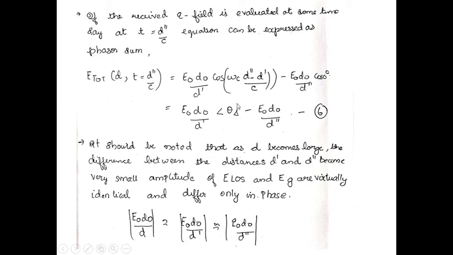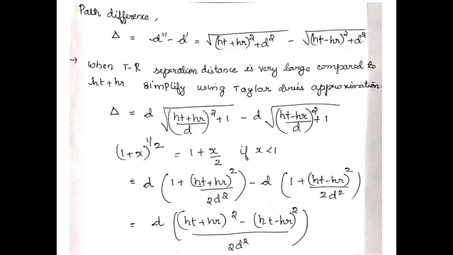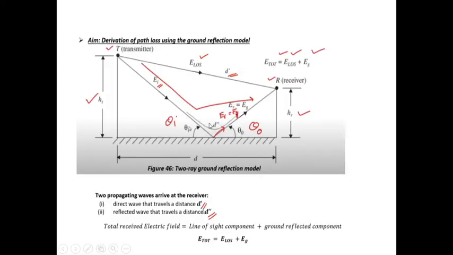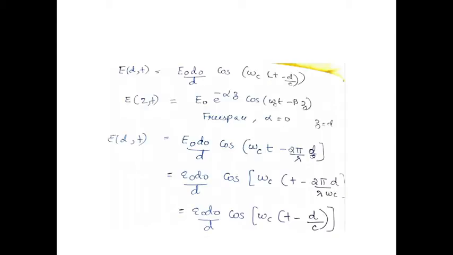If we have to find the magnitude of the total electric field component, our aim now is to find the magnitude or the amplitude value of the total electric field component which is going to occur. So assume that at very large distances, that is if the distance between the base station and the mobile station is going on increasing, for example, consider the first figure, if the separation is going to increase, what happens at some point is that d double dash and d dash are almost going to become identical, and they are going to differ only in phase. So that is what is assumed here.